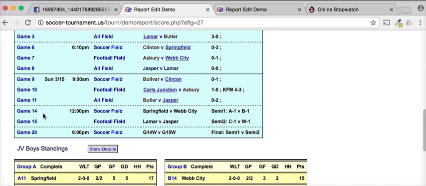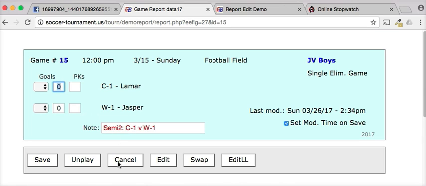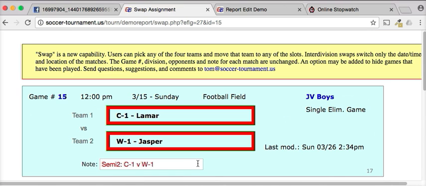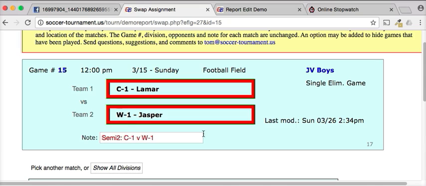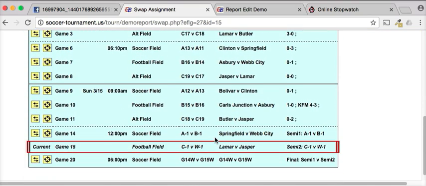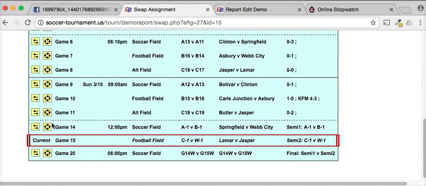And the way to do that is you come to either game here, game 15, and then hit swap. Now this brings up game 15 and then a list of all the other games in the division. We're going to pick game 14. Now if we picked this one, this is a two-way swap, and it basically keeps the teams the same but switches the time and location. So that can be useful, but for this instance we're going to shuffle the teams around, so we're going to pick the four-way